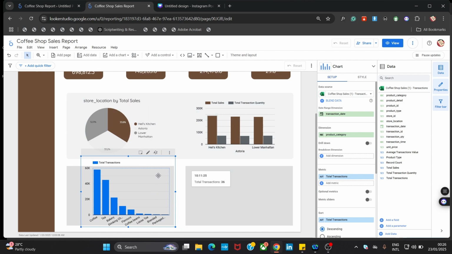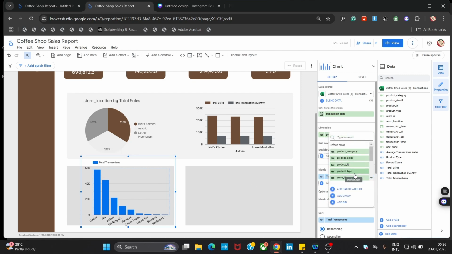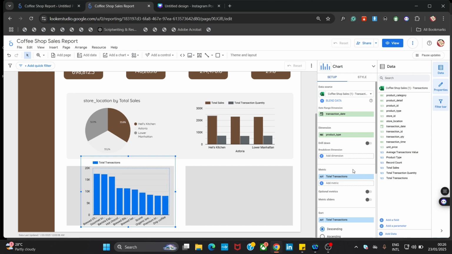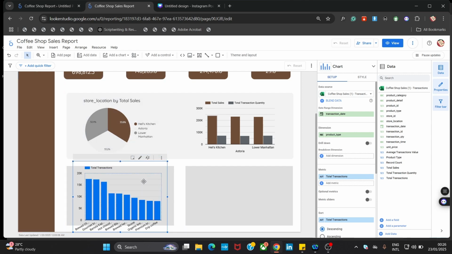Okay. So this is the total transactions for each product category. All right. Well, let's change this to product type and see. So this is now showing us the total transactions for each product type